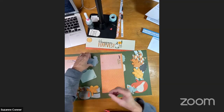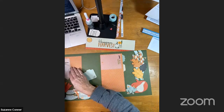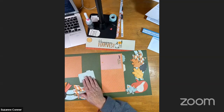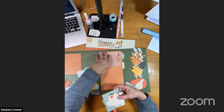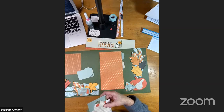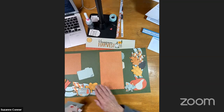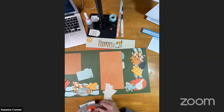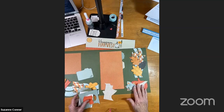I've talked actually with my friend today about potentially putting them back in to where they came, and that could happen. All right, so again, I don't have photos for this. I just said that, you know, Thanksgiving's coming. I will have some to add to this layout. So I want to put a little something though on my camera. And I guess I need to finish doodling up my